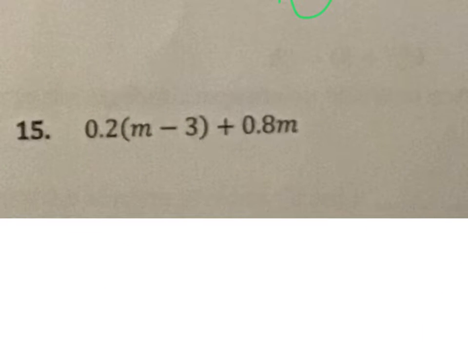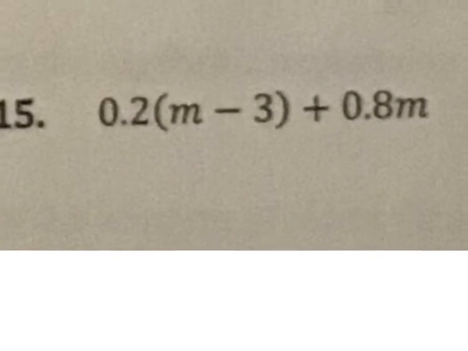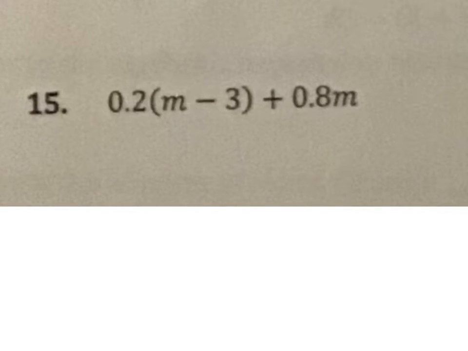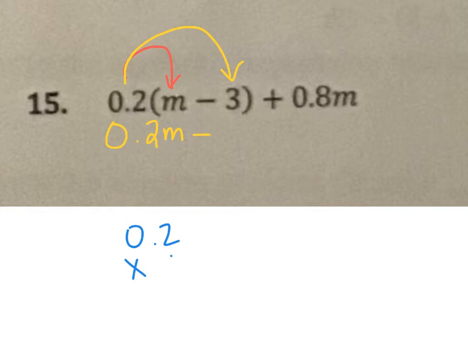Okay, here we go. Ooh, double parts. Remember, this 0.2 only goes with that parentheses. You have to leave this. This is not part of the distributing, okay? 0.2 times m is 0.2m. 0.2 times 3, that's where I got to do my work. 0.2 times 3 is 6. There's one spot after the decimal, move it over. 0.6 plus